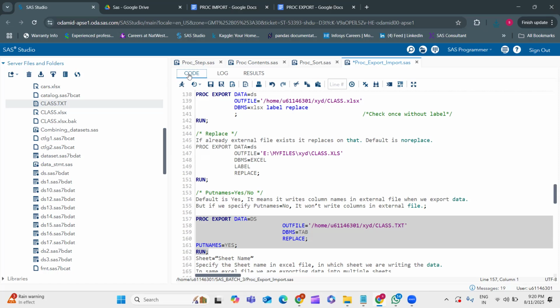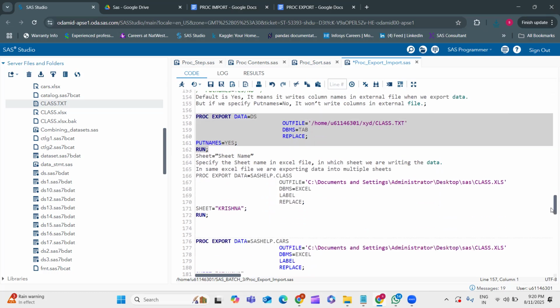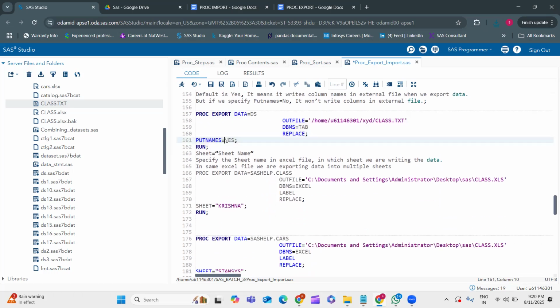We always create our own column names whenever we either import or export it. Okay. Next one is